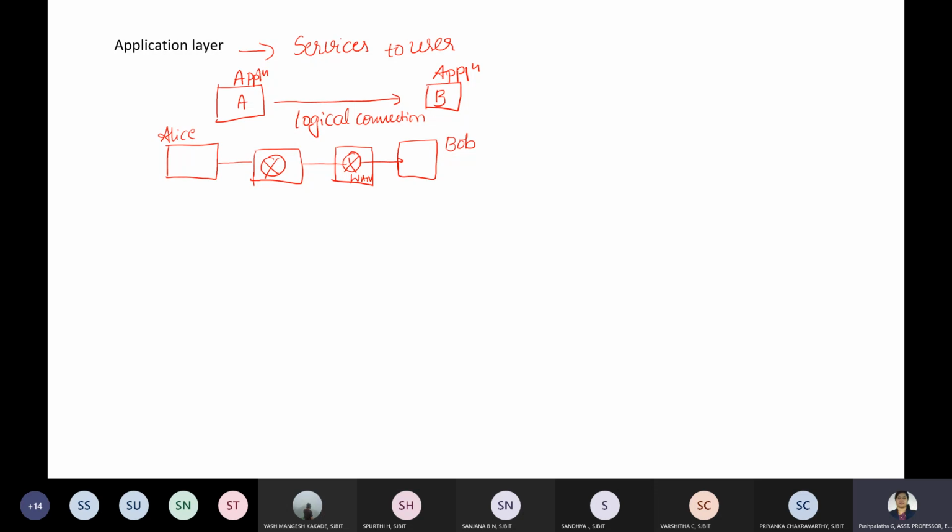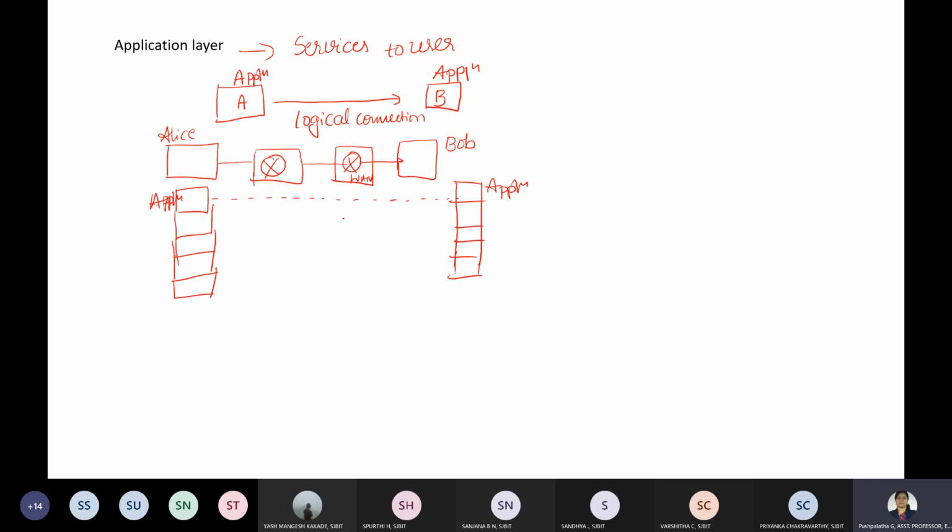We know there are multiple layers at the source and the destination before they communicate. We are talking about the application layer here, and similarly all the layers exist at the destination person. The application layer is logical, not physical, so I'll show it as dotted lines.